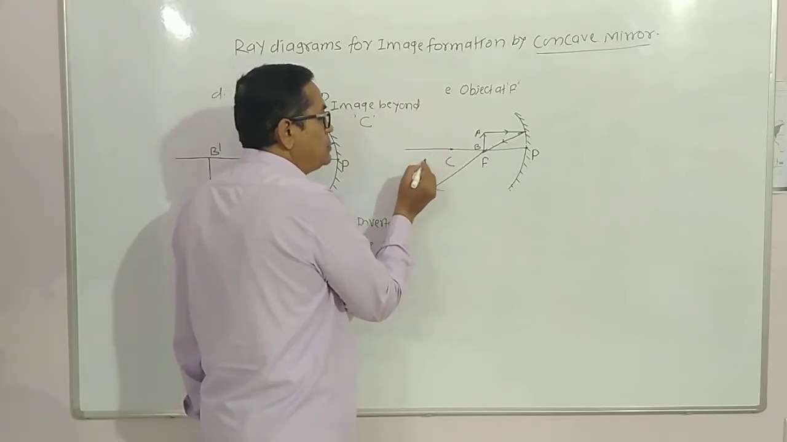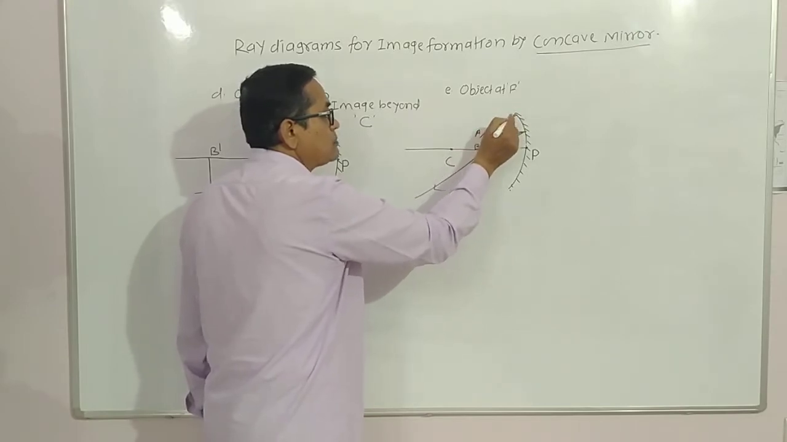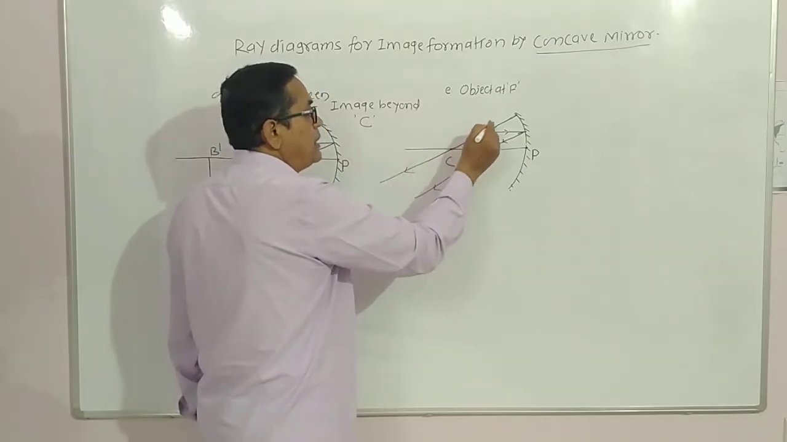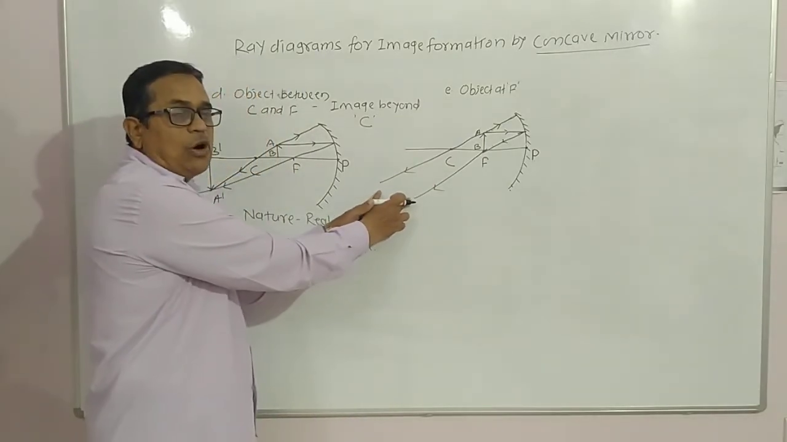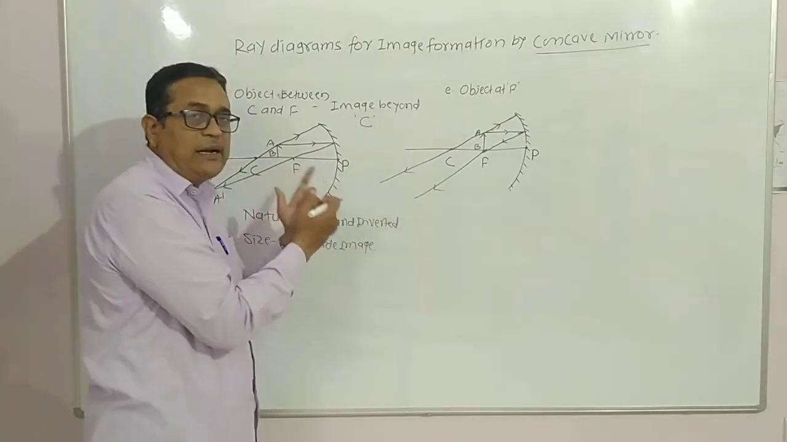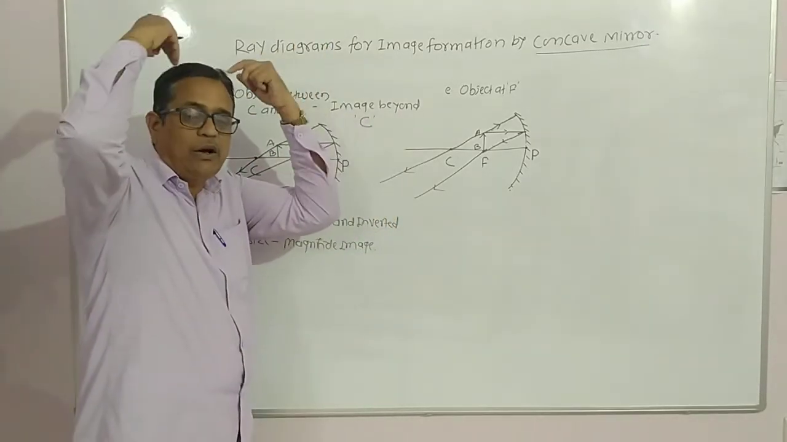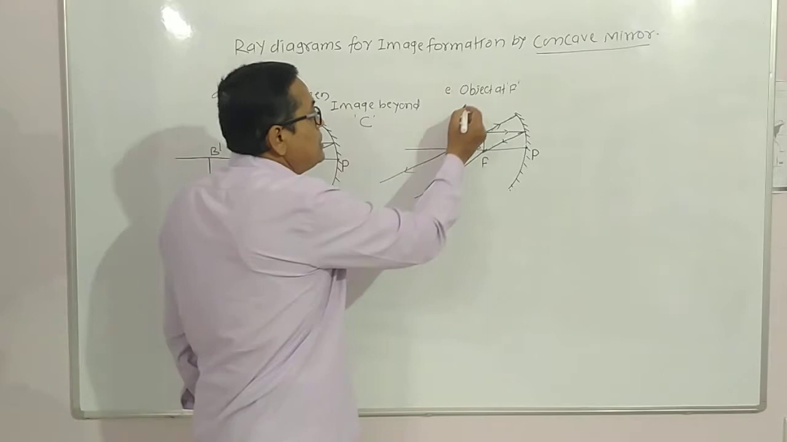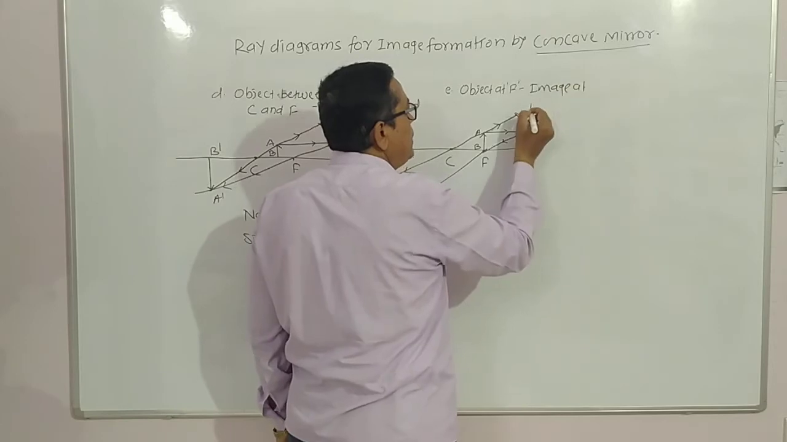Rule number 3 we use here, that is light ray passes through the center of curvature and the reflected ray also passes through the center of curvature. These two reflected rays do not meet here, behind or in front of the mirror. Just know that image at infinity means they do not meet at a single point. Means object at focus, image at infinity,